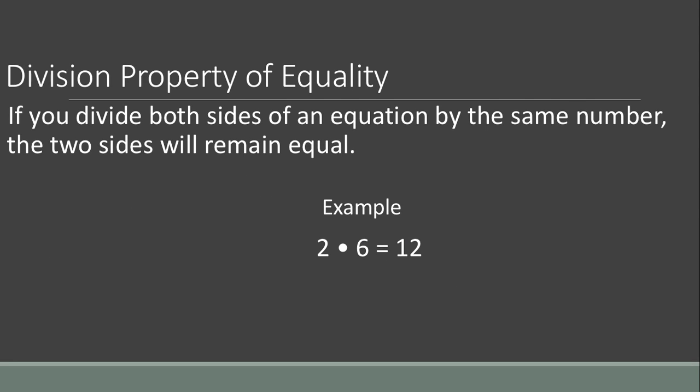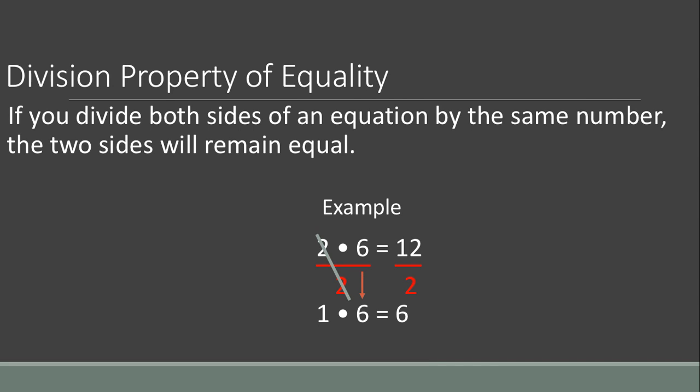So the division property of equality tells us that if we divide both sides of an equation by the same number, the two sides will remain equal. So here we have an example of a multiplication fact that we know is true. 2 times 6 is equal to 12. So if we take each side of the equation and divide it by 2, the 2's are going to cancel out because 2 divided by 2 is 1,